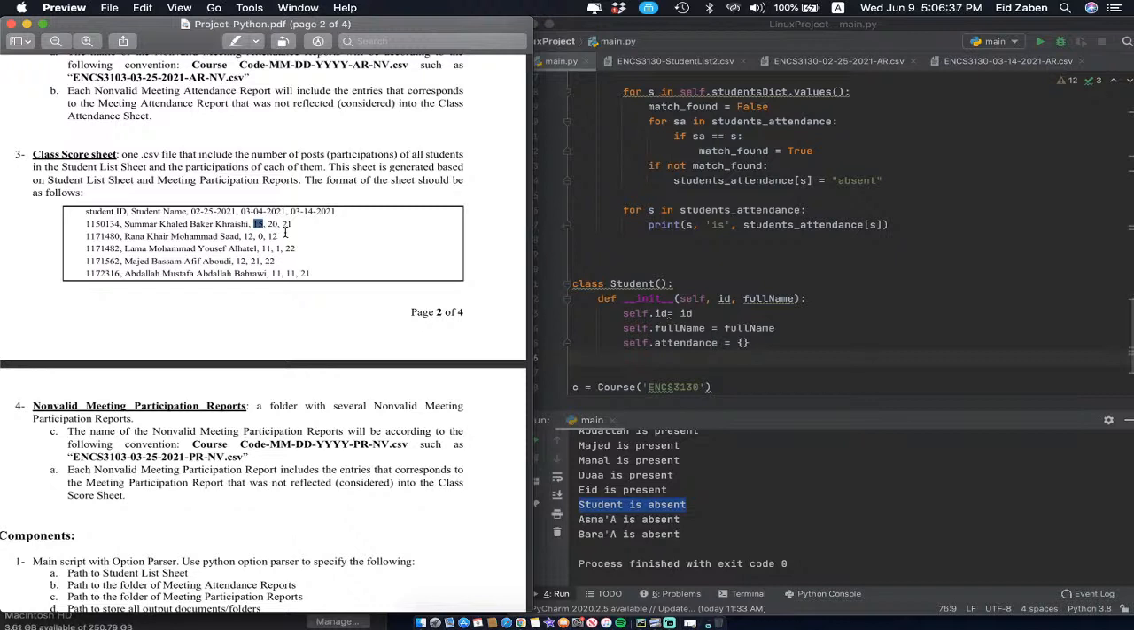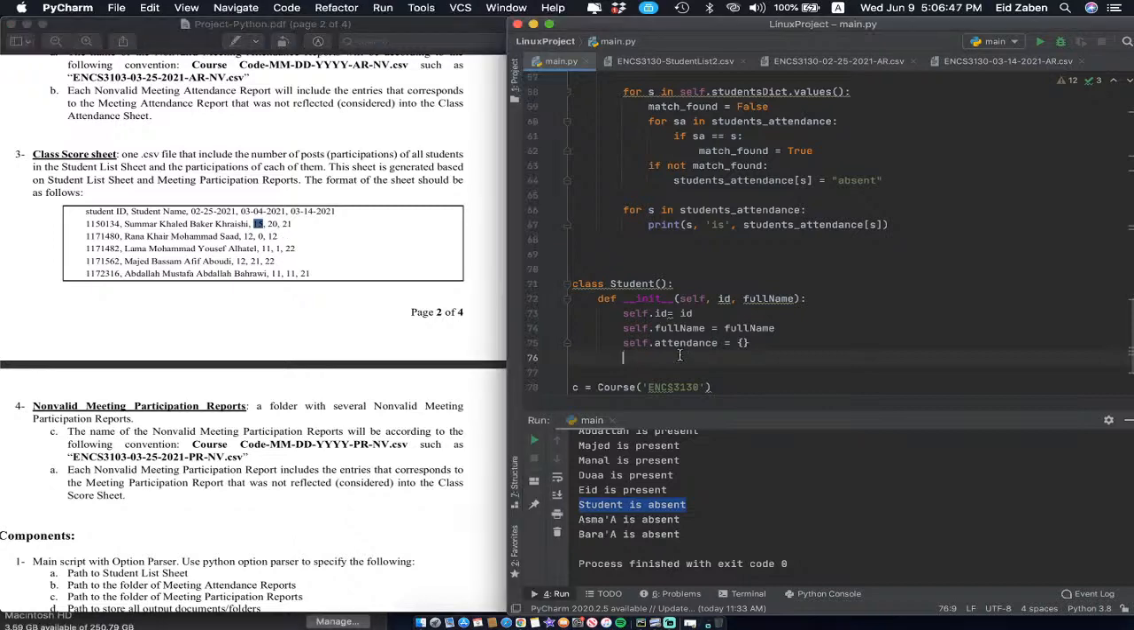I think what we're going to do for that is similar to attendance. We're going to have a dictionary for each student, so self.participation, and it's going to be an empty dictionary also. What it's going to do is keep track of the date. So for example, it'll have the date as a string, like 03/25/2021, and then